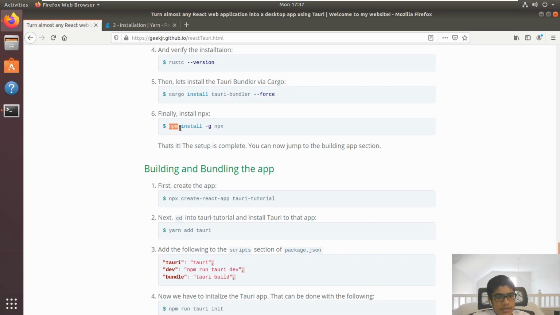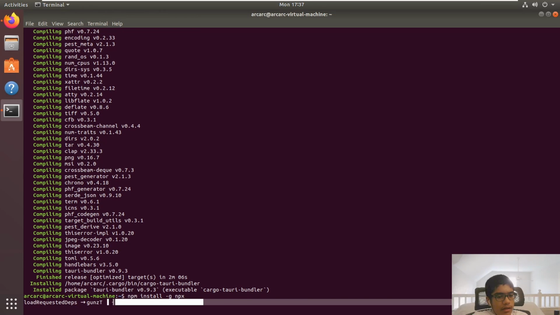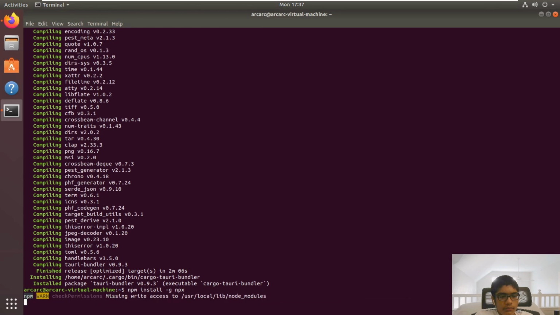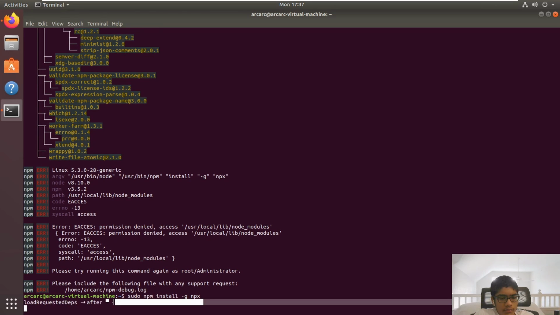So, the final step is to install npx, and for those of you guys that don't know, npx is a script runner for Node.js, and this will help us create React app when we build and bundle our app. So to install that, you can type npm install -g npx and then hit enter. And it will take some time here, and it has not successfully installed it. It's a permission denied error, so we can fix that by prefixing a sudo and then running the same command,